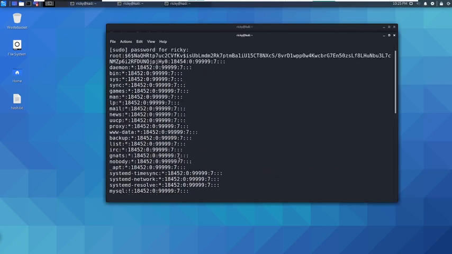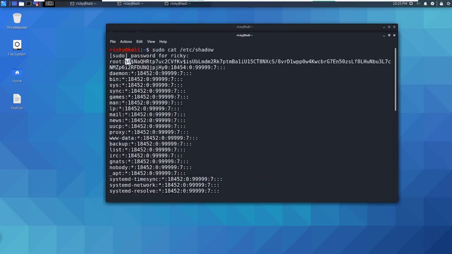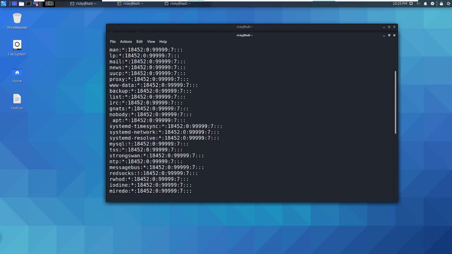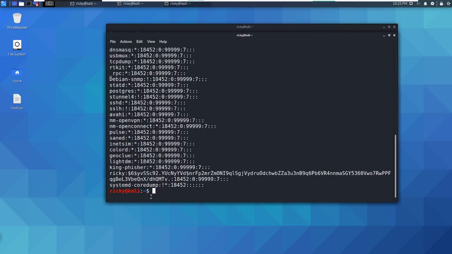These are the hashes, and you see that this one starts with $6. Also, we have the root password and the user password, both $6. The first characters of the hash represent which hash method it uses.